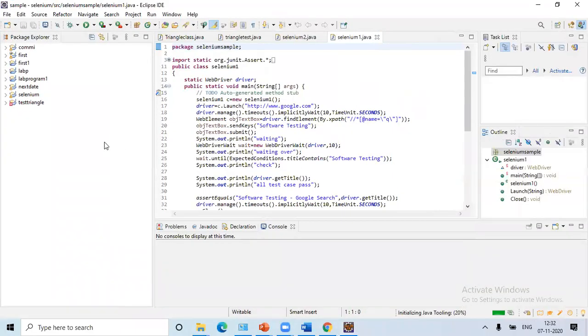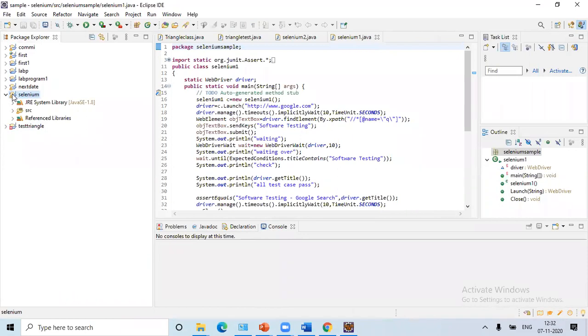Okay. So now we can start our Eclipse and then we have to write a program. So a WebDriver program, how to write a WebDriver program, I'll show. I have created a folder Selenium here. In that I have added a package Selenium sample. In that I have written Selenium 1.java. Okay, before explaining what we are doing and where we are passing it on, first I'll show you how to add the library.